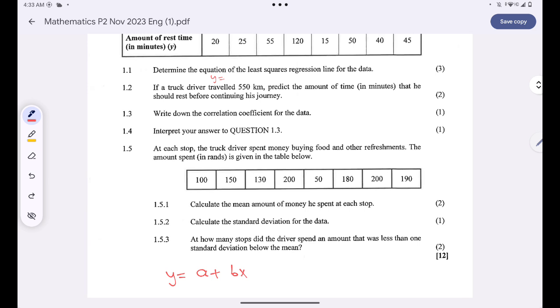Remember that the equation says you must say a plus bx. So firstly, I just need to find the value of a. I'll just press 1, because for me to find a, I must just press 1. I'll press 1 and then equals, a will be equal to negative